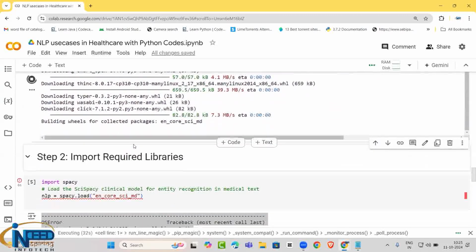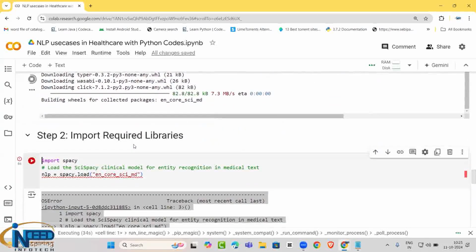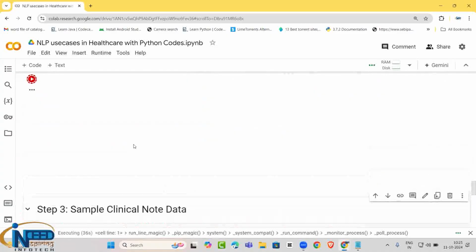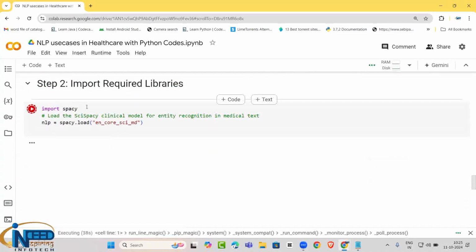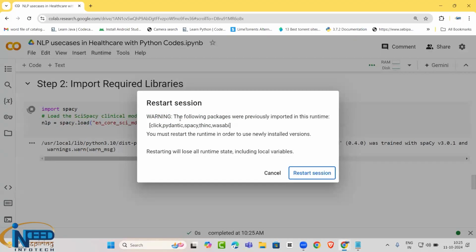Okay, great. Once it is done, we'll move ahead and execute this particular import spaCy, which is going to help us load the SciSpacy clinical model for entity recognition in medical text. The benefit we get from Python is that we have so many packages for healthcare and medical. The following packages were installed. Okay, click okay. You must restart the runtime. No problem. Restarting will lose